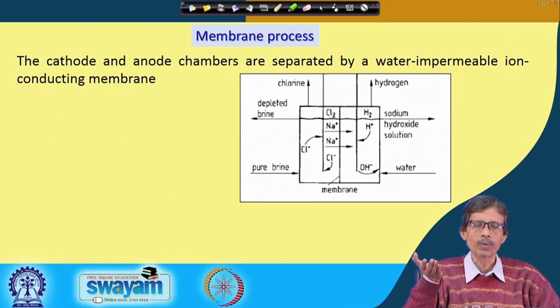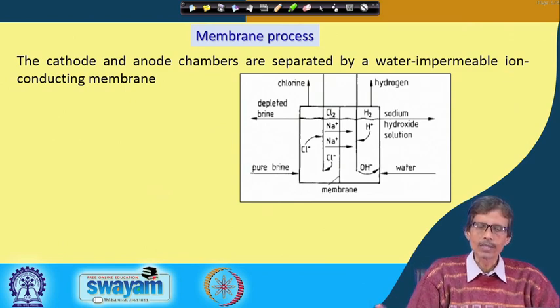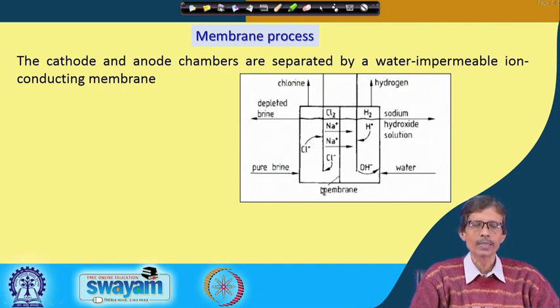On the right hand side, on the top you get the production of your hydrogen gas, and on the side you will be getting your sodium hydroxide solution, which is less concentrated, with sodium chloride also along with your sodium hydroxide, because the sodium will pass through this particular solution and water is not allowed. So, only sodium ions, that is why it is an ion conducting membrane, which is water impermeable. So, ions are moving. Sodium ions will move and reach over there, and will go for reduction.